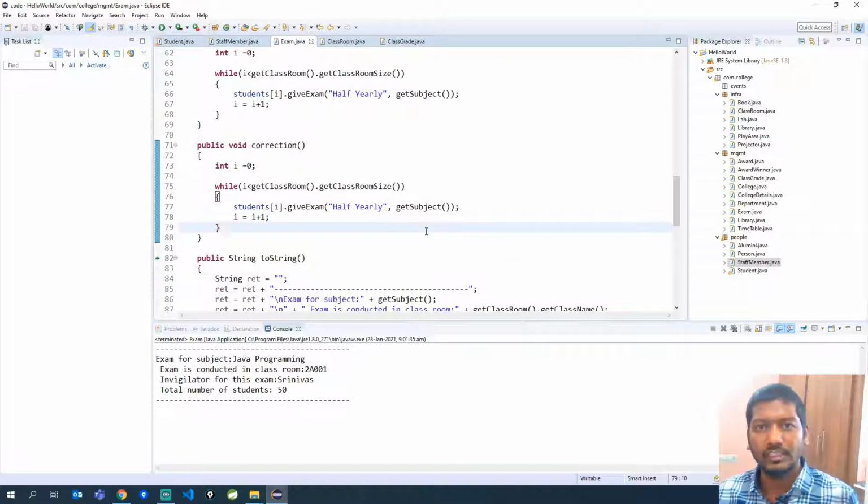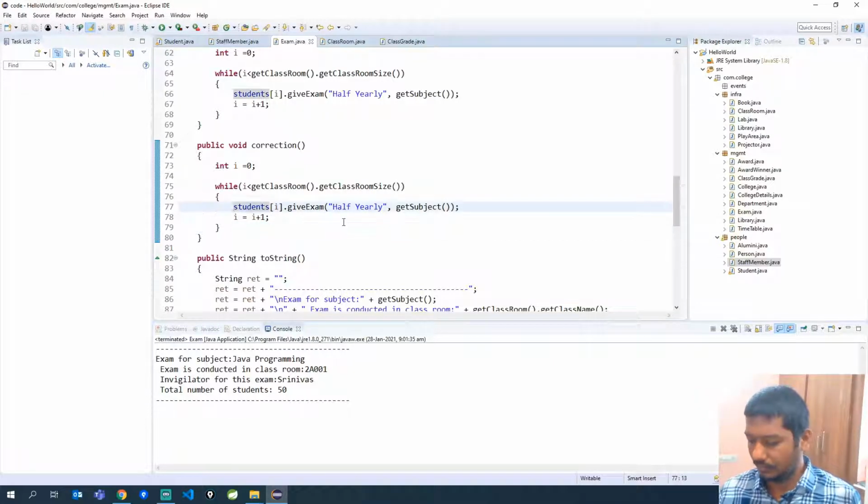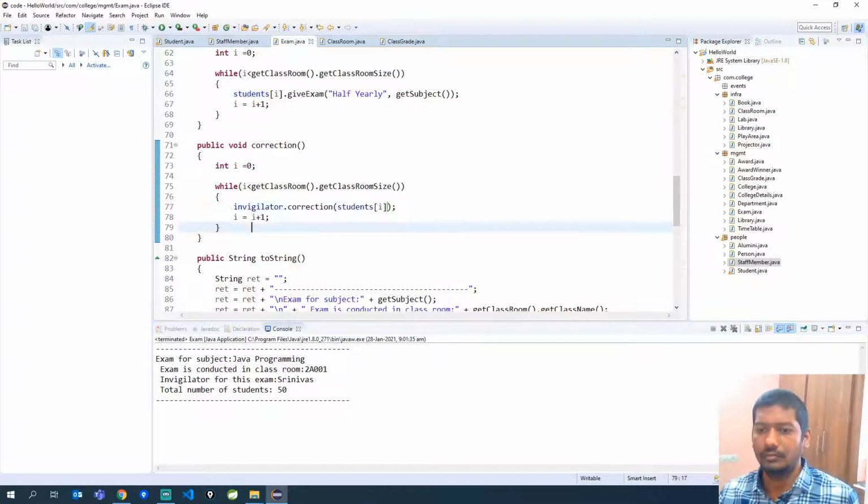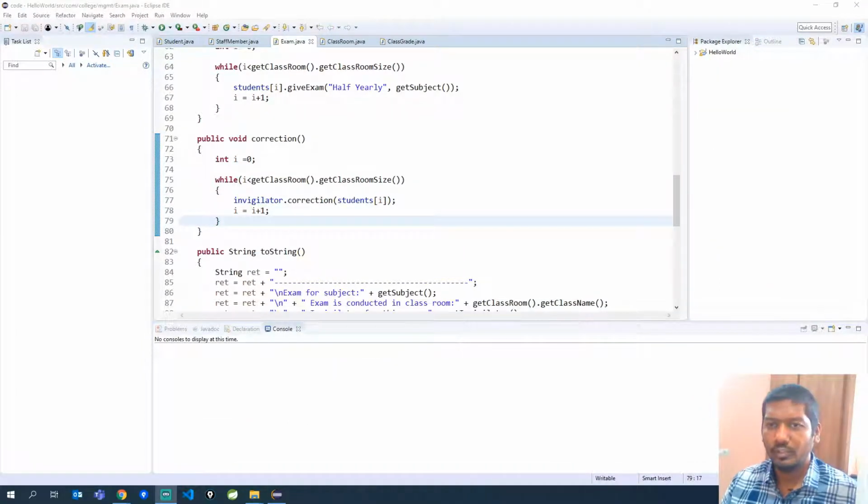So now in the correction we will give marks to each and every student that we are trying to access. So with this code, you see that we will be accessing each and every student and the invigilator is correcting the paper and assigning some marks to each student.